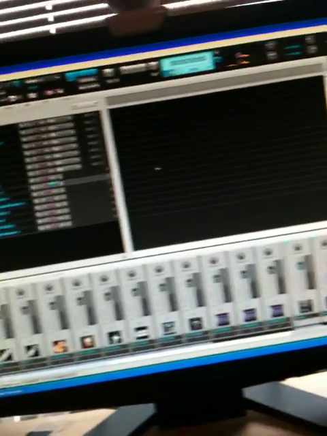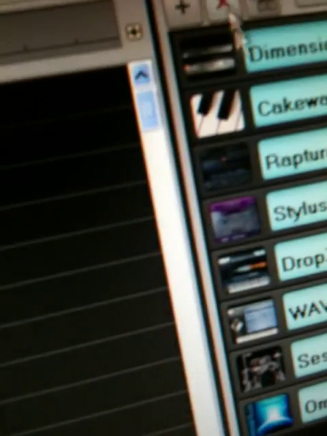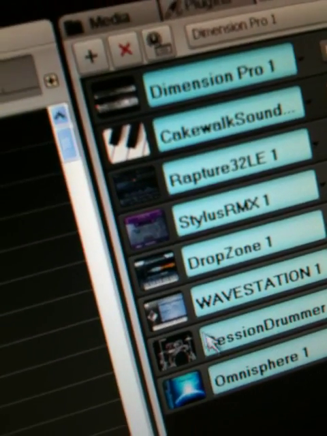Once it boots up, it always takes a second to do so. So you can see here it comes. Over here in the browser you've got my various instruments. You've got the Dimension and Cakewalk Sound Center, Stylus and Omnisphere, some ones that I like to use. And if I go down here and I press the ACT button,